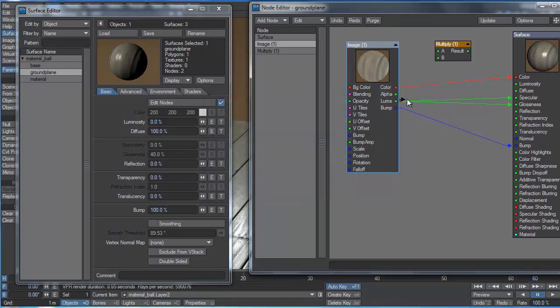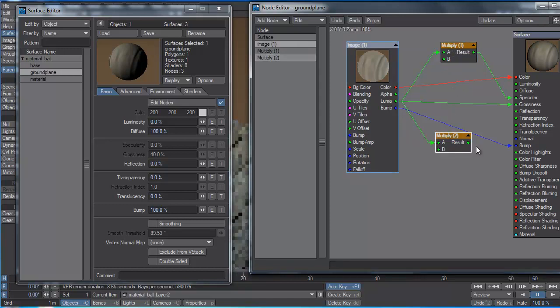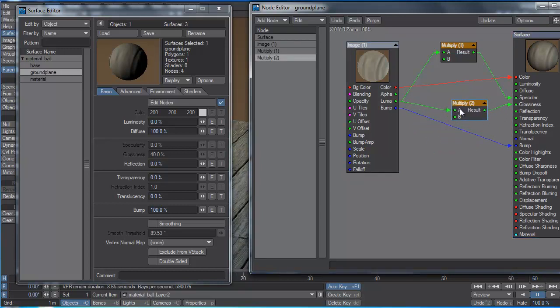And I'm going to grab my luma, and I'm going to plug it into the A of multiply and plug the output into specular. Now the result is going to be 0 because I'm multiplying by nothing, and anything times nothing is nothing. I'm going to copy this, Control C, and paste it, and I'm going to do the same thing here. Alpha into glossiness. So now I have a multiply from the luma channel of this map into specularity and glossiness,